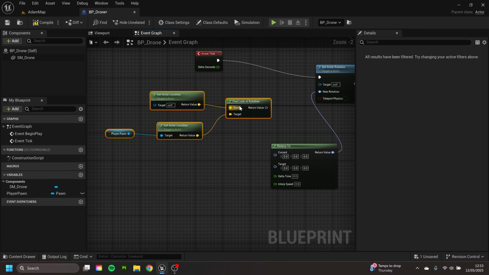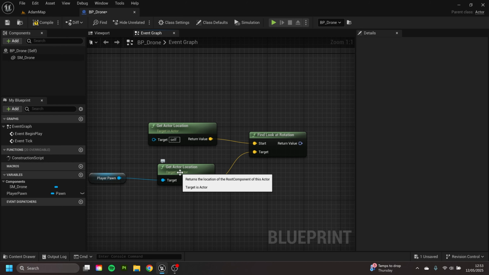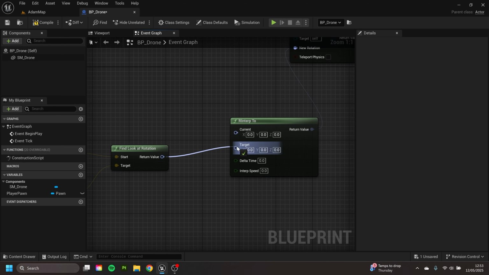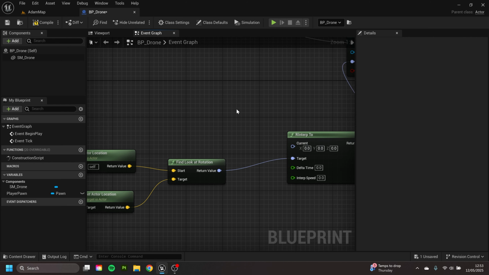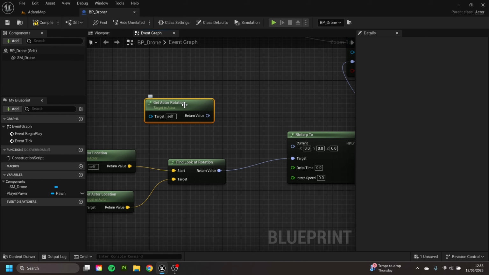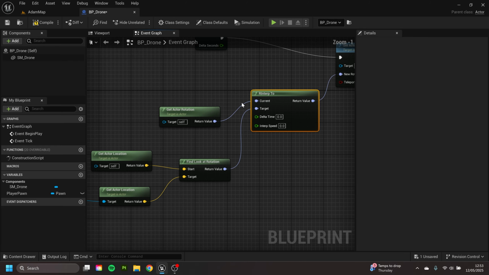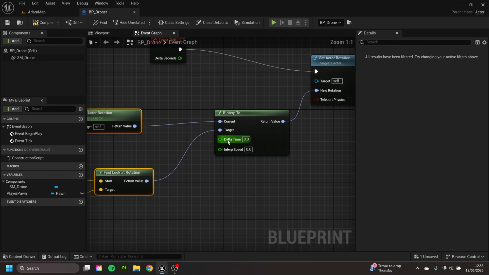So we can already use this code, which finds the current location and makes the new rotation the target. So we can say that's the target. And the current, we can just use our current Get Actor Rotation, because that's just going to return the normal rotation that it's currently at. So we can go here, bang. Now we have two more things to fill out. We've got this bit down here, Delta Time and Interp Speed. Now, Delta Time is just, well, it says there,